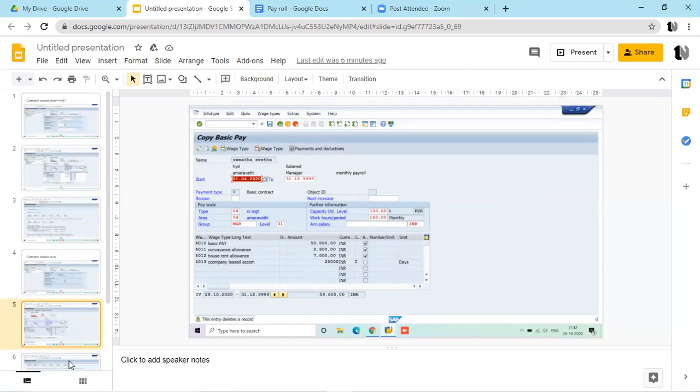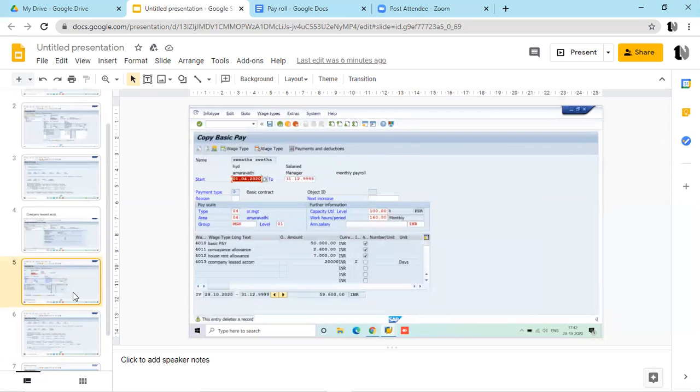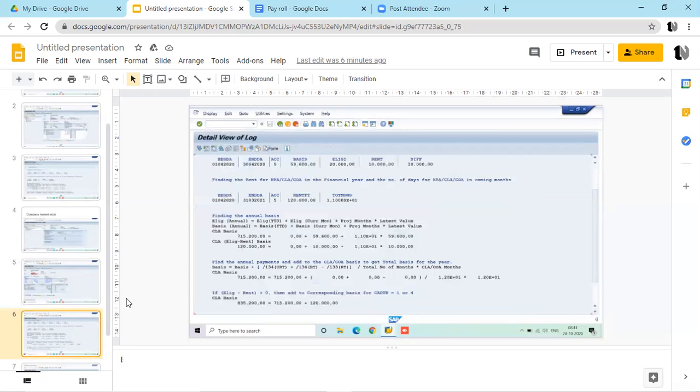So the calculations are happening correctly, right? For this as well, you have put 10,000, and for CLA you have put 20,000, right? Now it is a negative 20,000 difference or a positive difference? Positive difference. Yes, sir.